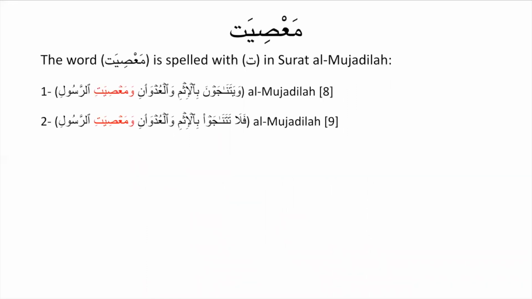The next word Ibn al-Jazari gives us, مَعْصِيَةٌ بِقَدْ سَمِعْ يُخَص. The word مَعْصِيَةٌ is especially or only in Surah قَدْ سَمِعَ, Surah Al-Mujadilah. So this word appears twice in the surah, and actually this is the only place it appears in the Quran. وَيَتَنَاجَوْنَ بِالْإِثْمِ وَالْعُدْوَانِ وَمَعْصِيَةِ الرَّسُولِ, and then again almost an identical ayah right after it, فَلَا تَتَنَاجَوْا بِالْإِثْمِ وَالْعُدْوَانِ وَمَعْصِيَةِ الرَّسُولِ. In this case, the word is spelled with a flat ta instead of a ta marbuta according to qiyas.